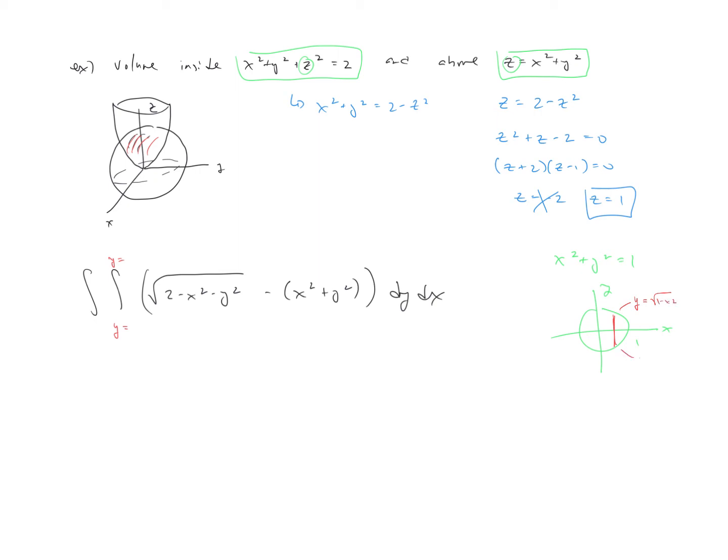And this then would be the bottom, y equals negative square root of 1 minus x squared. So here we have the square root of 1 minus x squared, and negative square root of 1 minus x squared. And then this would scan from negative 1 over to 1. So there's our negative 1 over to 1, and there's our setup